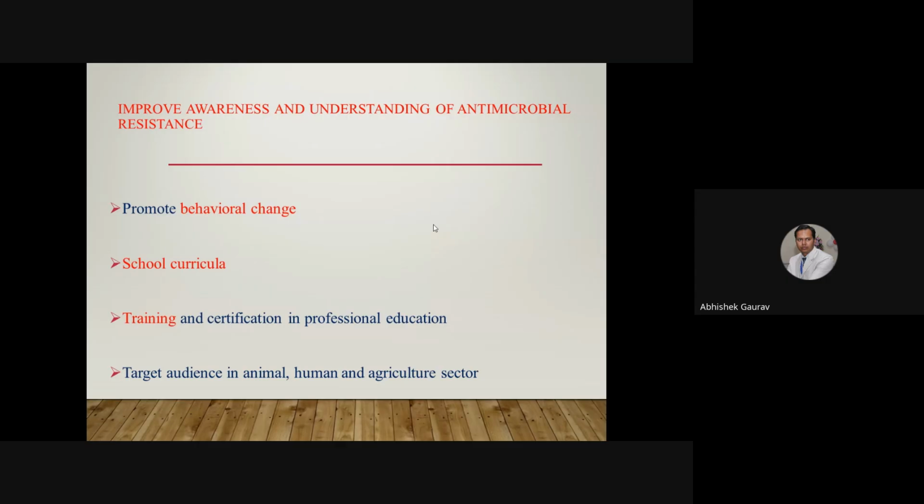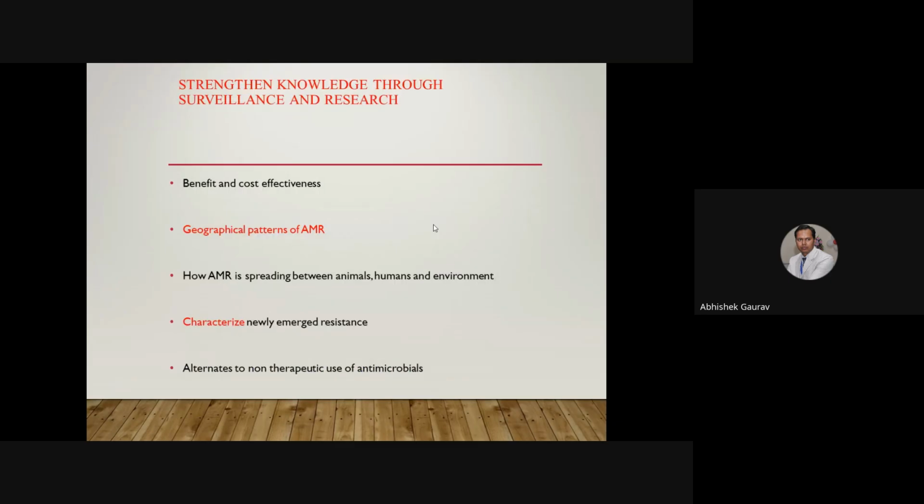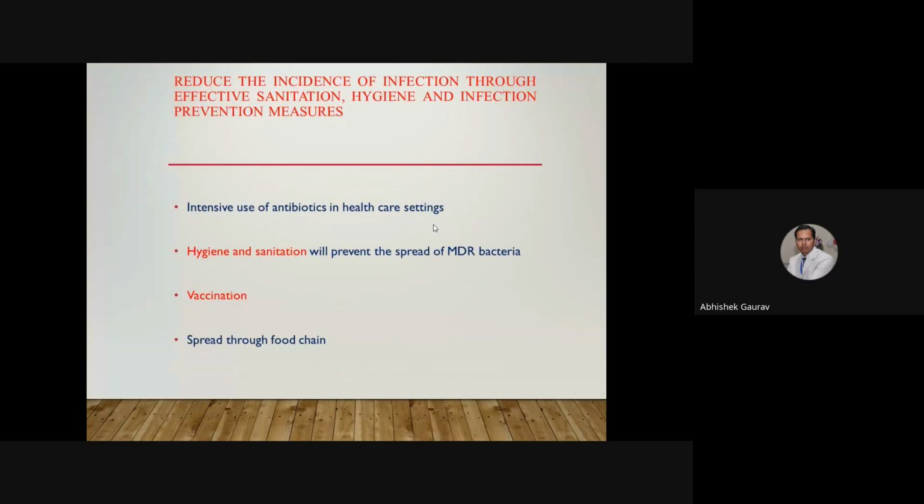From GAP AMR, we have made our own NAP AMR by adding one or two points. What does it mean? We have to put AMR in the school curricula and teach school-going students what AMR is. Training, behavioral change. Then geographical patterns of AMR we have to decide by mapping. We have to characterize newly emerging pathogens. Hygiene and sanitation have to be emphasized. Vaccination,